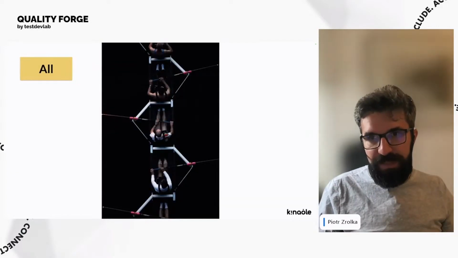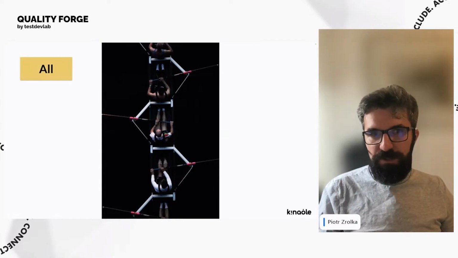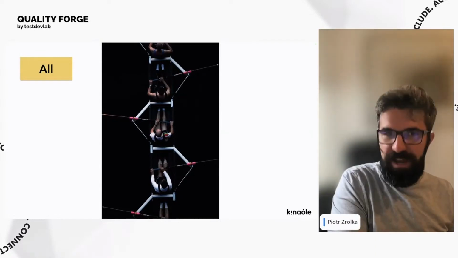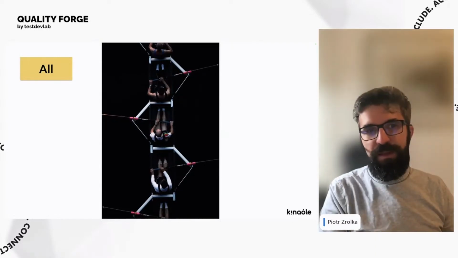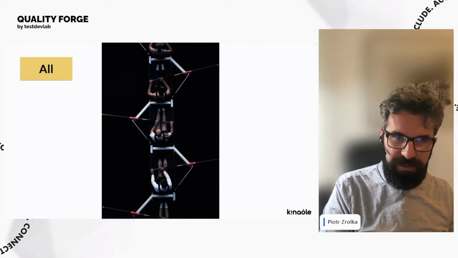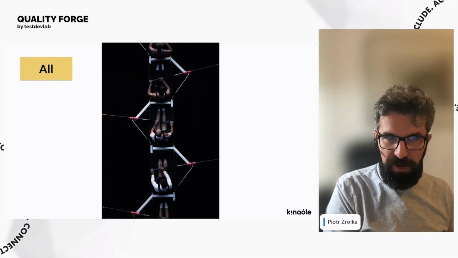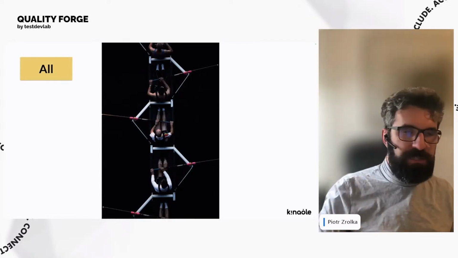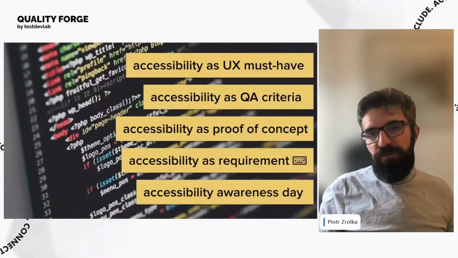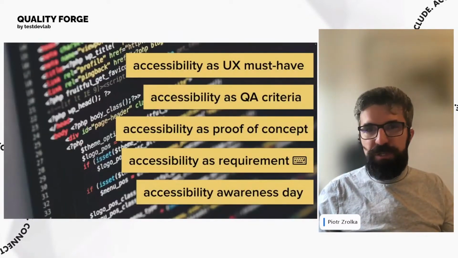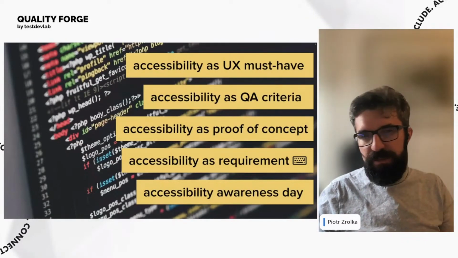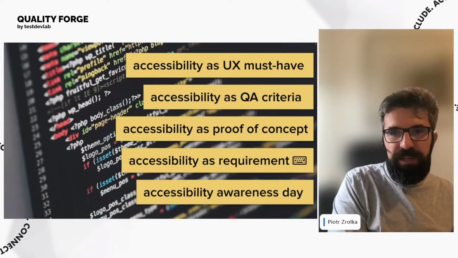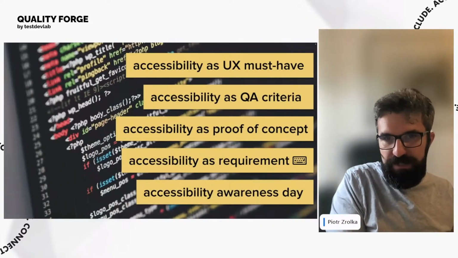And last but not least, it's important that it's a team effort. It's not like you, the UX designer, built an accessible product and described everything using some plugins, etc. It's a team effort. It's a developer, business analyst, and so on. So from my perspective, accessibility is a UX must-have. Accessibility should be a QA criterion. You should validate the